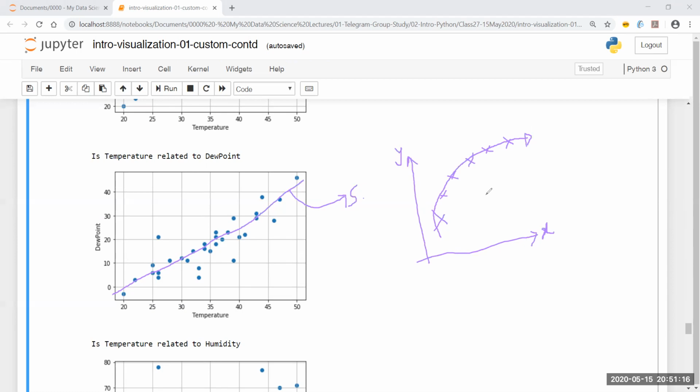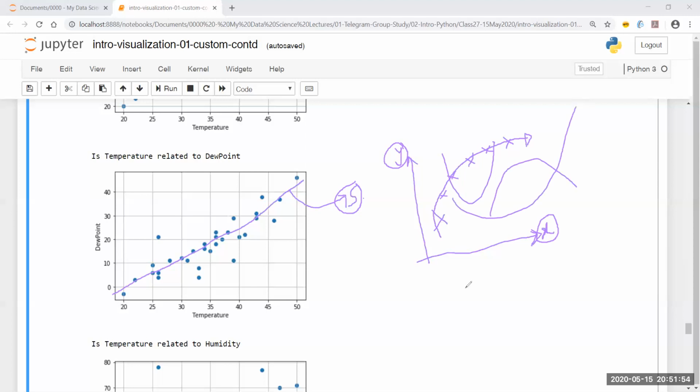So let's not get confused as to what is a linear relationship. Linear relationship does not mean that if I'm plotting X and Y, it should ideally result in a straight line like this. Okay, it may result in a straight line, it may not, but linear relationship simply means that change in one, okay, has a constant effect on the change in other, right? So that is what is known as a linear relationship, irrespective of whether the line is straight or the line is something like this or something like this and so on.